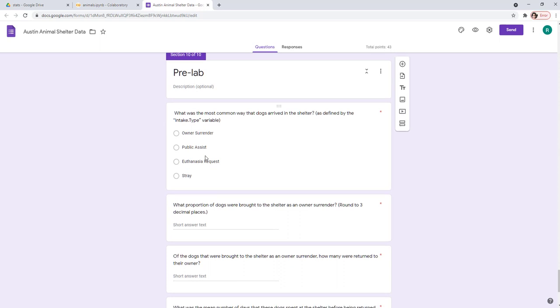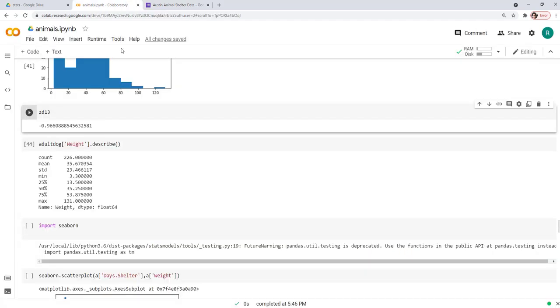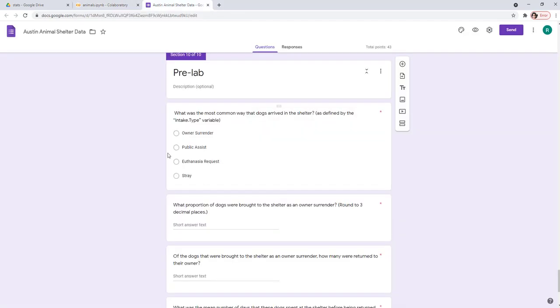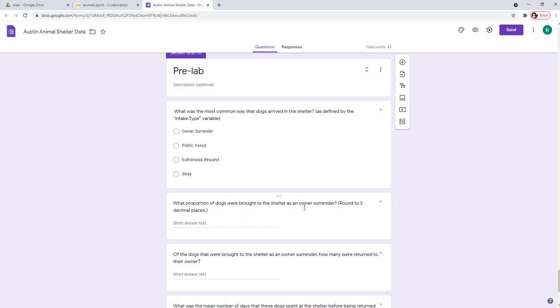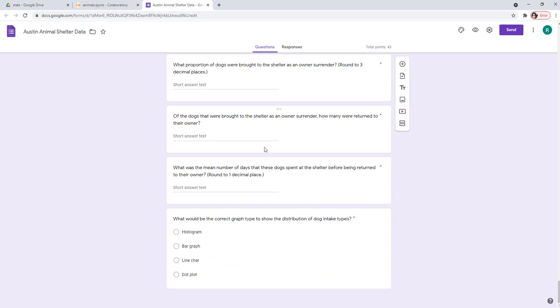Then again, there are certain questions further on. What was the most common way that dogs arrive in the shelter? So intake type, what's the most common intake type? So you can find out again the value counts and look at the intake type. What proportion of dogs were brought to the shelter as owner surrendered? So you can do these questions on your own